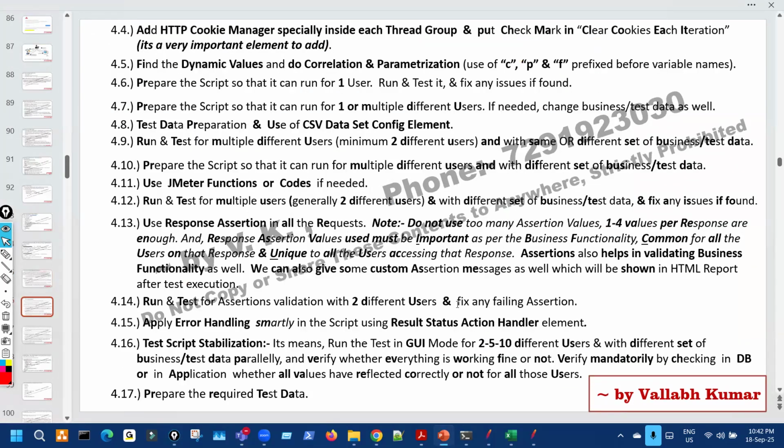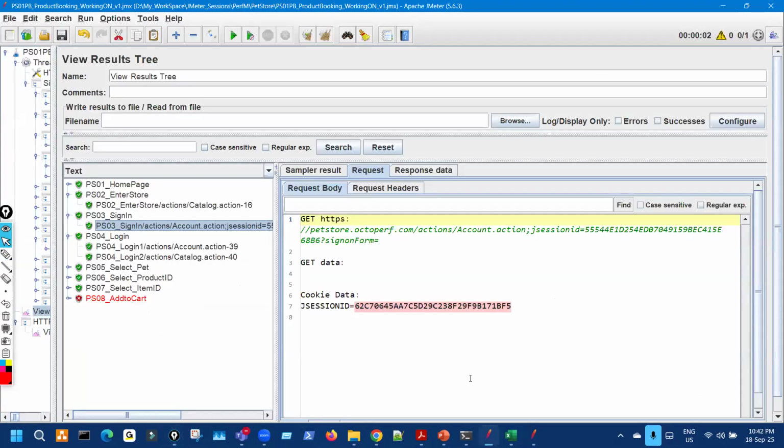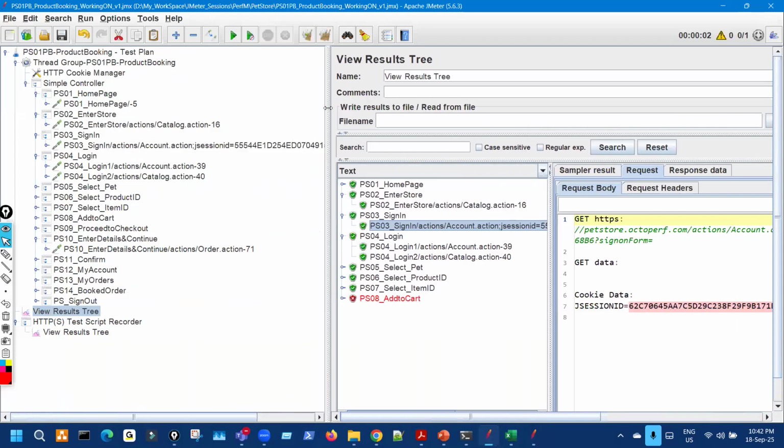this extraction and passing. This process is called correlation and parameterization. And 50% of work, remember, in script enhancement is this one. Okay. And if you do not pass them, it will only use the old one which is there, and